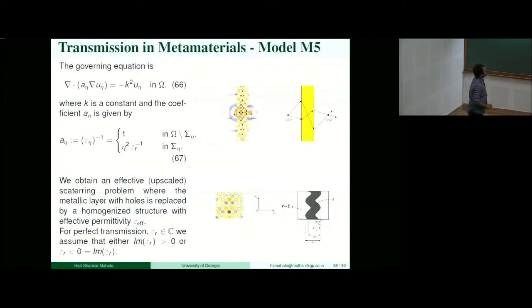All right, and then I worked on another model, which was motivated by transmission in metamaterials. Nowadays, a metamaterial is something that you create by mixing 2 or 3 materials together. And in semiconductor devices or in nano-optics, when you pass a light wave or a signal, how it is being received on the other side of that semiconductor is very important. The faster it goes, the better it is, basically.